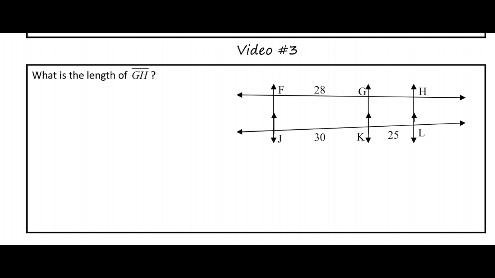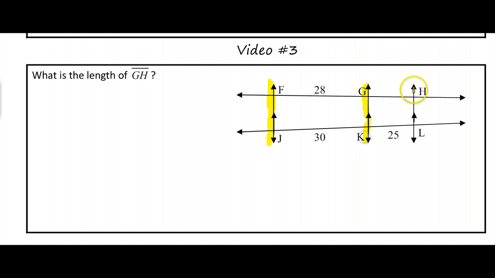So the theorem says that if three parallel lines, so our parallel lines are FJ, GK, and HL, intersect two transversals, so I've got transversal FH and transversal JL, then it divides those transversals proportionally. So the segments that it divides it up into have to be proportional. So basically what this tells us is that since these three lines are parallel, we've got these three parallel lines here,